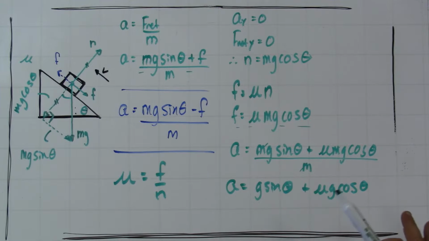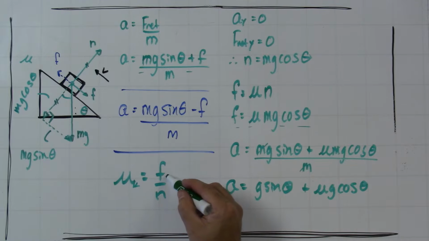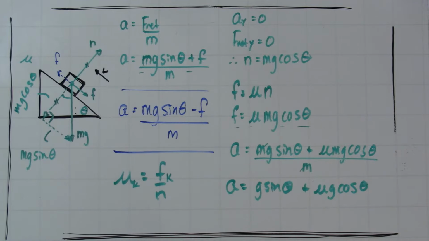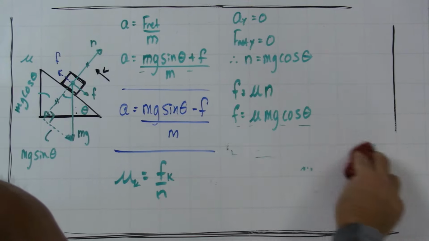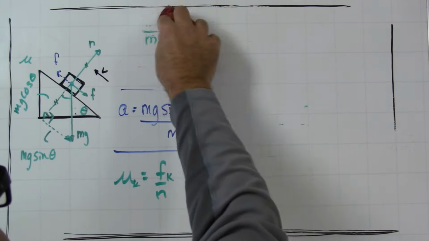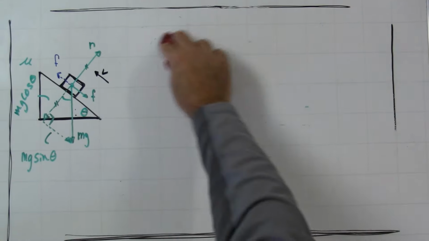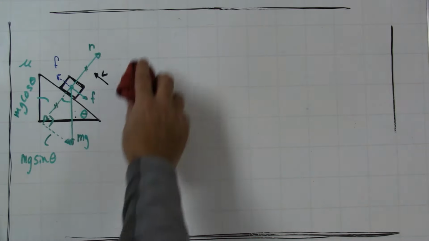What if this is for the sliding, so this would be the coefficient of kinetic friction, and this would be the kinetic frictional force. If we go back and look at this problem in the context of what it would look like for static friction, we can get an interesting idea. I'm going to go back and get rid of all this. And the question is,